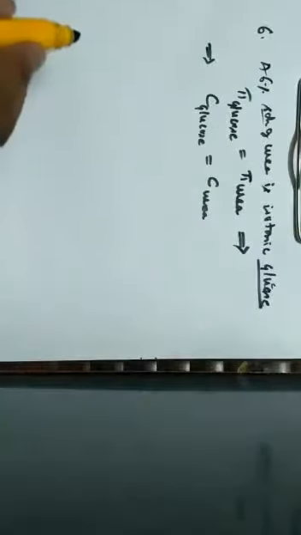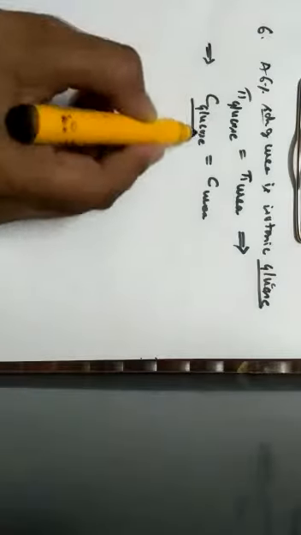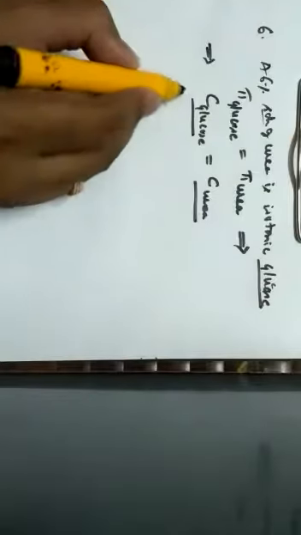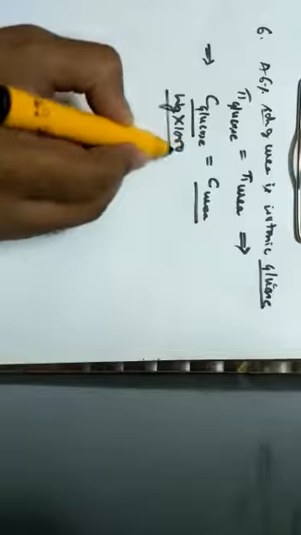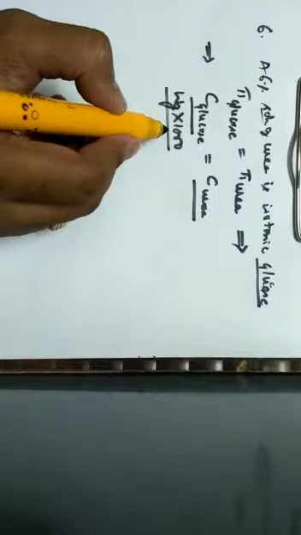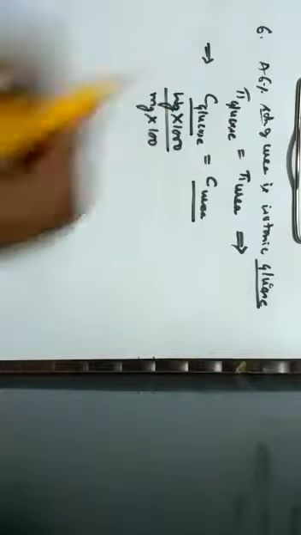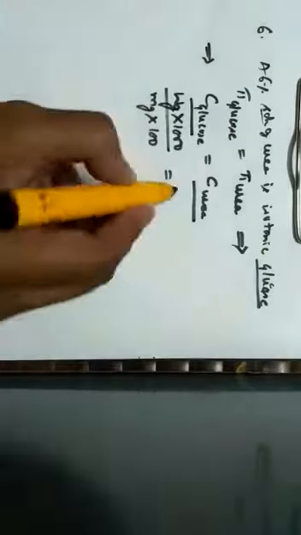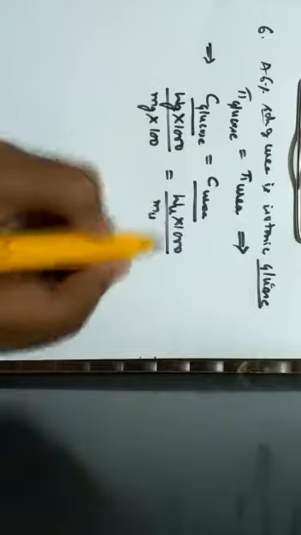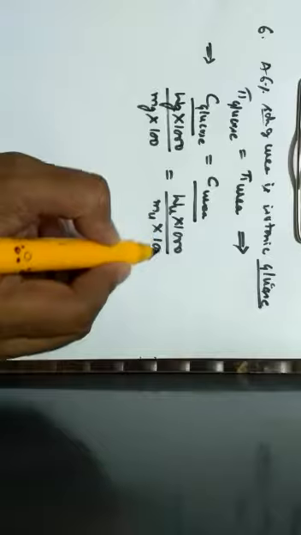If their concentrations are the same, I can consider the concentration with reference to glucose and the concentration with reference to urea. It is given by the mass of glucose into 1000, because when we are studying concentration, it is always diluted to 1 liter, divided by molecular mass into 100, because it has been mentioned in terms of its percentage composition. This equals mass of urea into 1000 divided by molecular mass into 100.